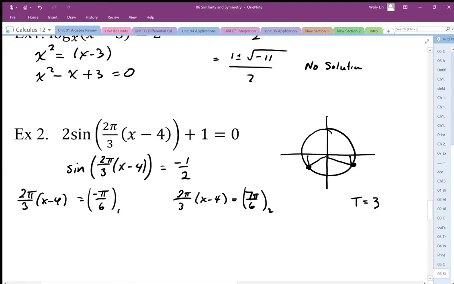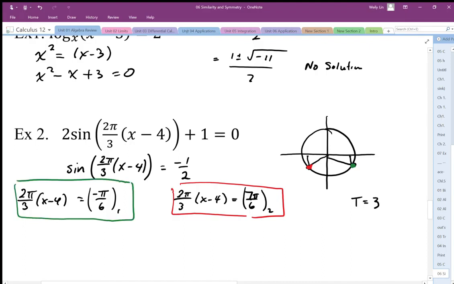And maybe I'll just highlight these to show that one is from here. That solution comes from there. And this is a distinct, not a coterminal, but a distinct solution here. There's my theta 1, theta 2 solutions. So solving for this one here, I just undo all the algebra. I'm going to cancel those